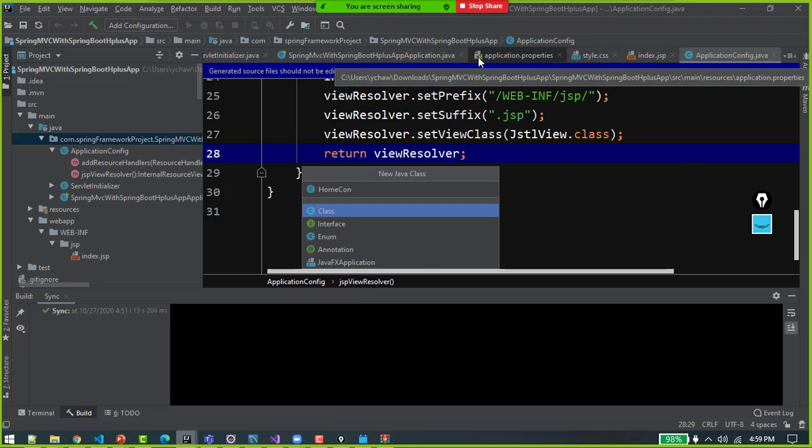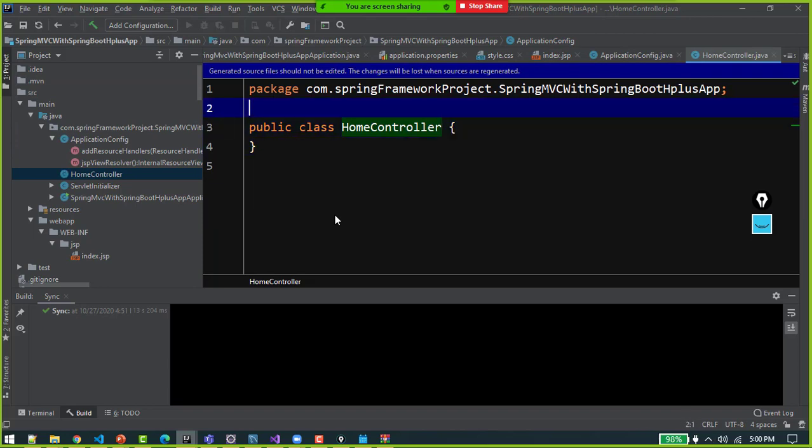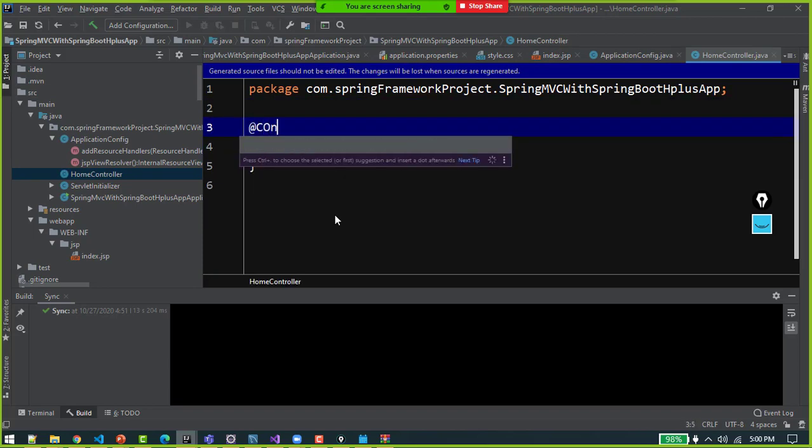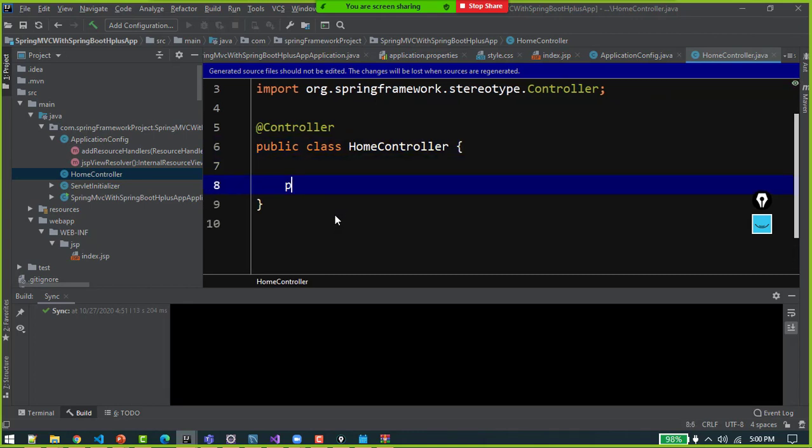So let's say I created a class with the name home controller, right? So this is a controller where entire business logic resides, right? Here I'm going to return the name of a JSP, so I'm saying show home page, right?